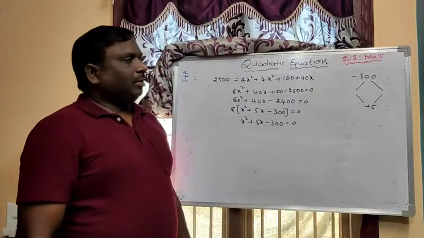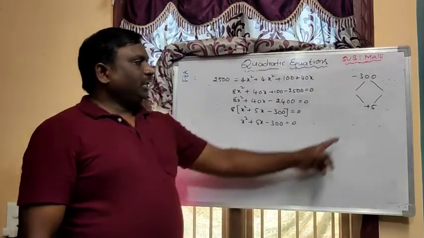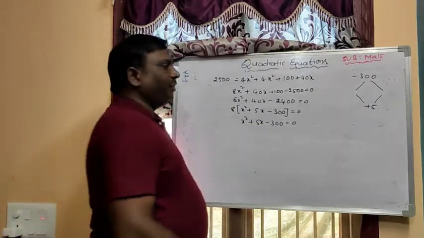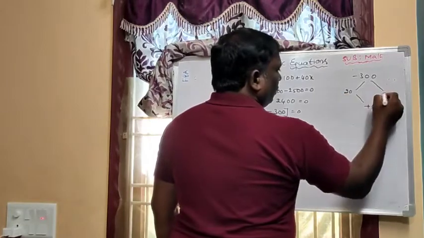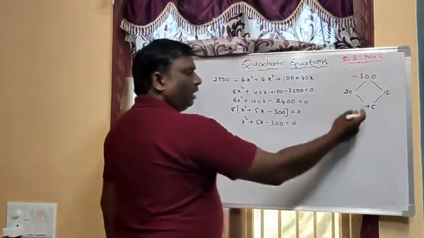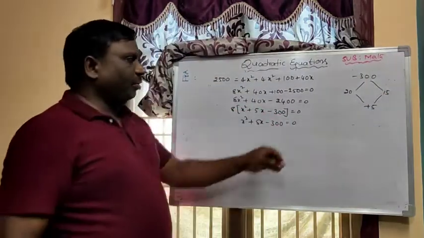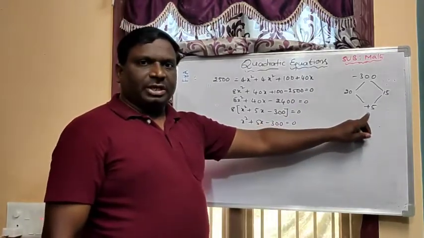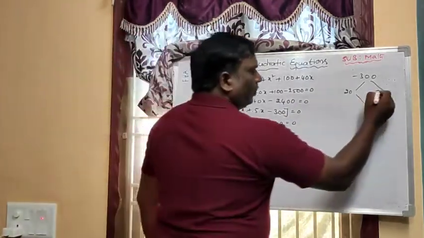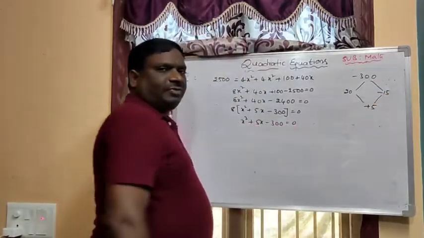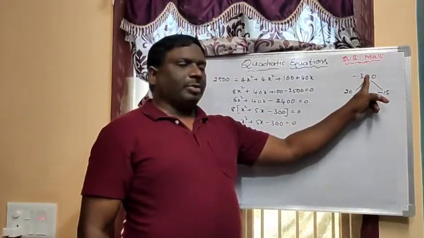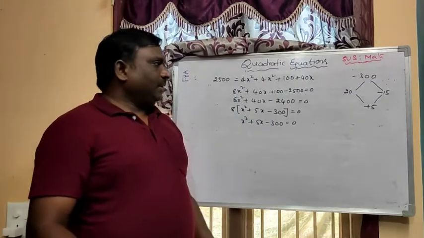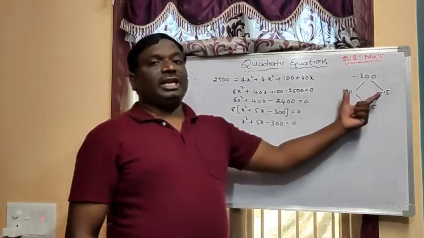What are the numbers we have to take here? To get 5, 20 and 15. 20 and 15 definitely will get 300. Leave it about the symbols, later we can see. We need to get plus 5 here. Plus 5 means 20 minus 15 definitely will get plus 5. 20 into minus 15 is minus 300. So children are thinking sometimes they will not get factors.